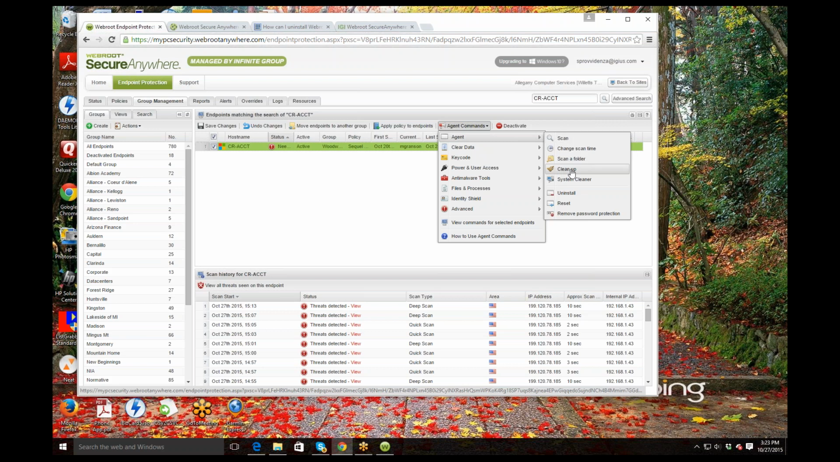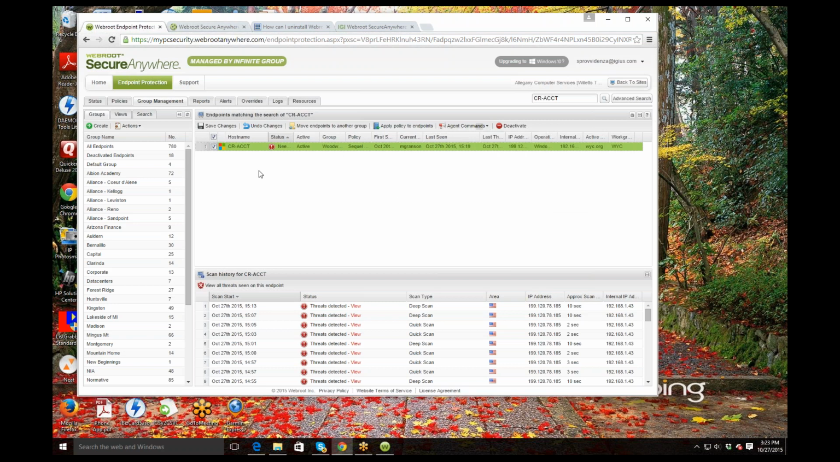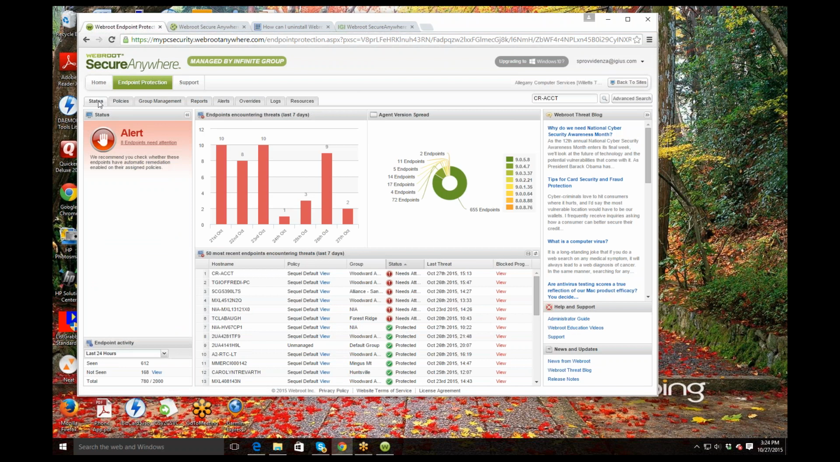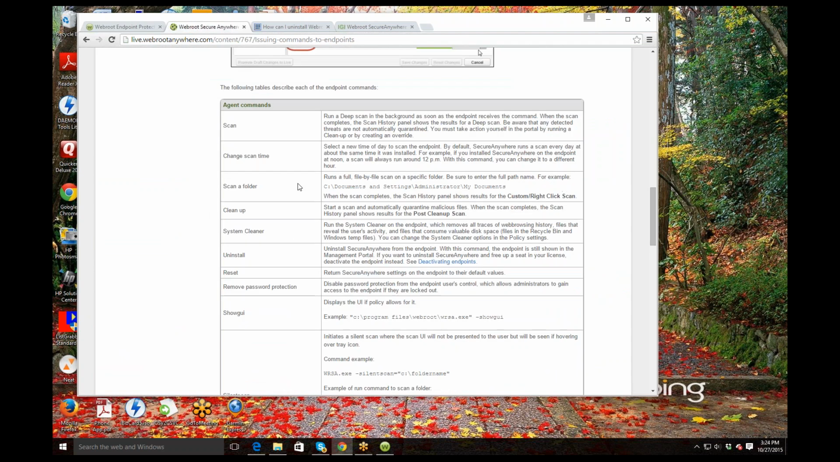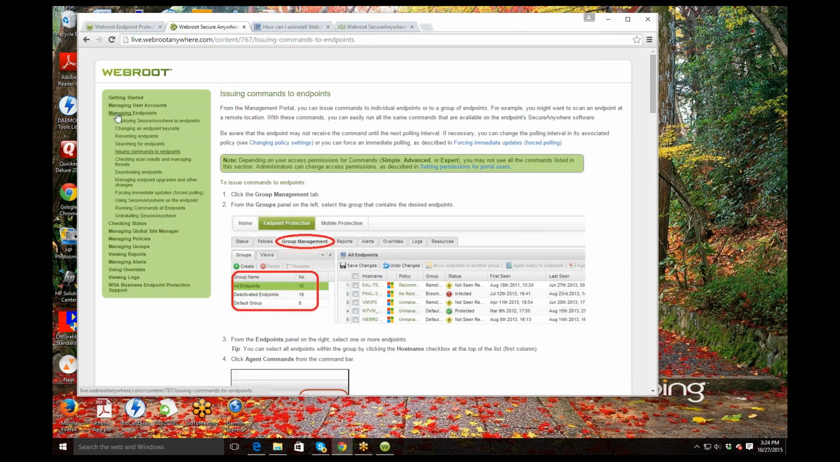You have a cleanup button, and you have a system cleaner button. You can issue these commands. In order to understand what all these commands do, you can come into your admin guide, which you'll find here under status, administrative guide here. You'll click that. You'll open your admin guide, which looks like this, and you'll find under managing endpoints, issuing commands